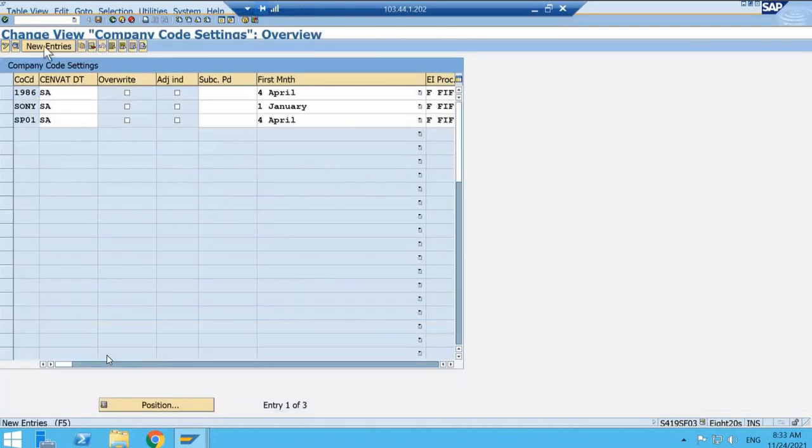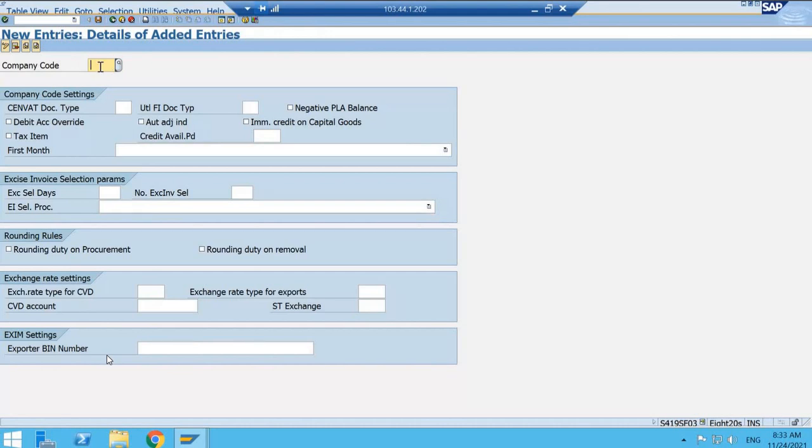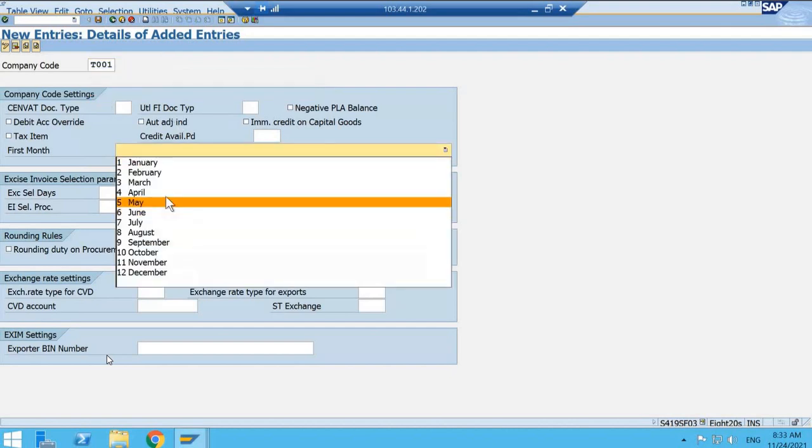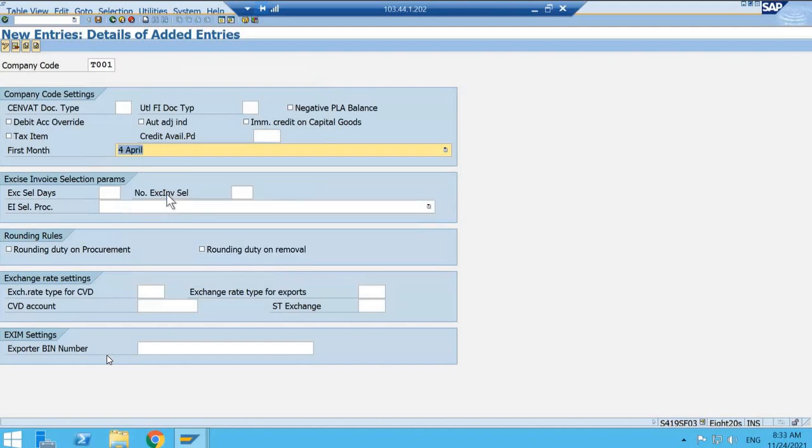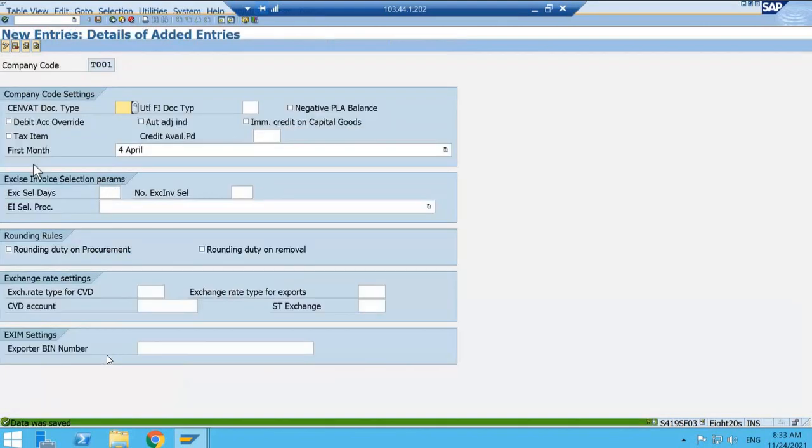Click on New Entries, give your company code T001. Our first month starts from April, so I'm selecting April, press enter, and just save. That's it. So these are the only steps that we do